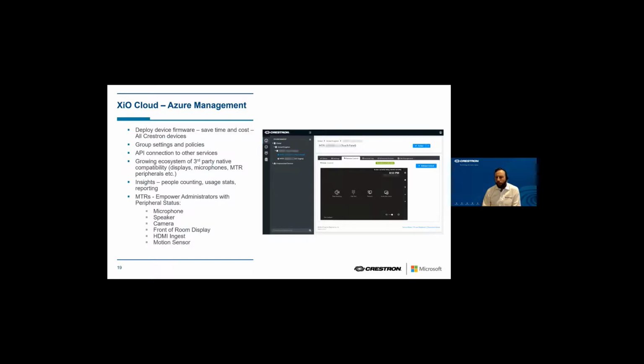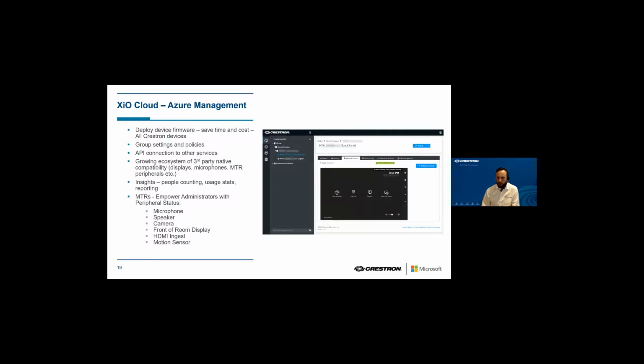So deploying, we can probably save our clients about 90% of their deployment costs, in certain spaces, and certainly things like room booking panels are a classic case for that. And when applying group settings and policies, now all of a sudden we can group devices, so we can push those settings, but we don't have to go into the office to do that. Now, there's a very, very powerful API which is connected to this, and I'll guide you through that ever so briefly soon.